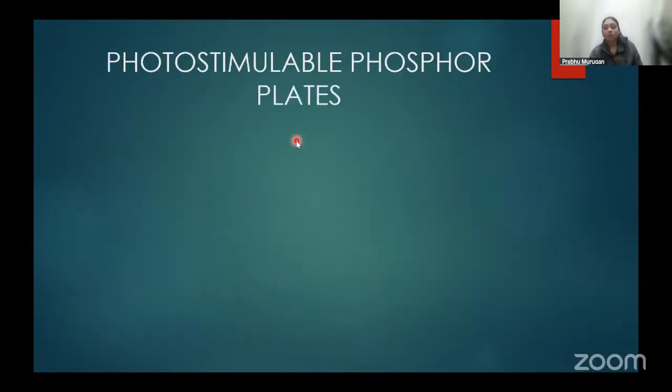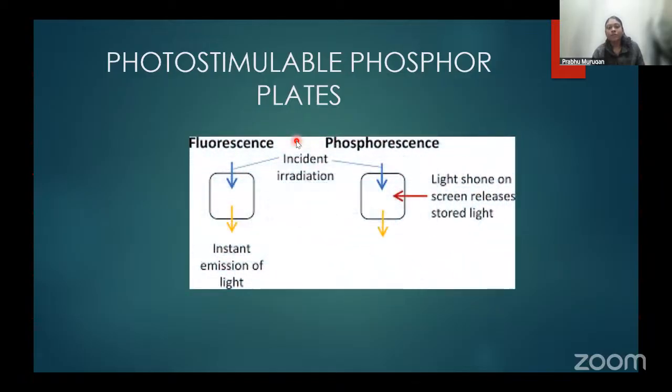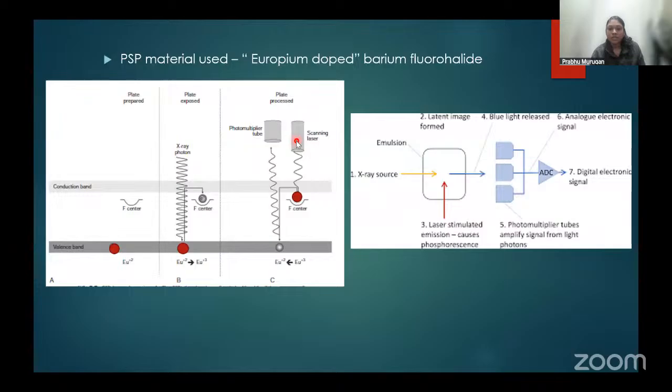Yeah. So the next thing is your photostimulable phosphor plates. This is a kind of indirect imaging, like I told you. And here it makes use of this concept called phosphorescence, where the X-rays will be absorbed by this sensor. When you place it inside the machine, it'll have a laser light that is going to emit phosphorescence, which is going to convert the X-ray photons and give you the final radiographic image. So you can see this is actually how it will happen. So initially when you place it inside that machine, the plate will be prepared and